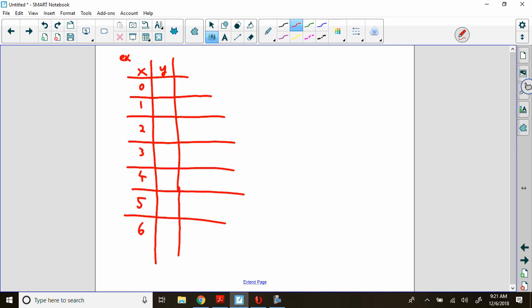And I got to put my y values in. They're 1 and -2, -9, -14, -11, 6, 43, and I'll go up to 7,